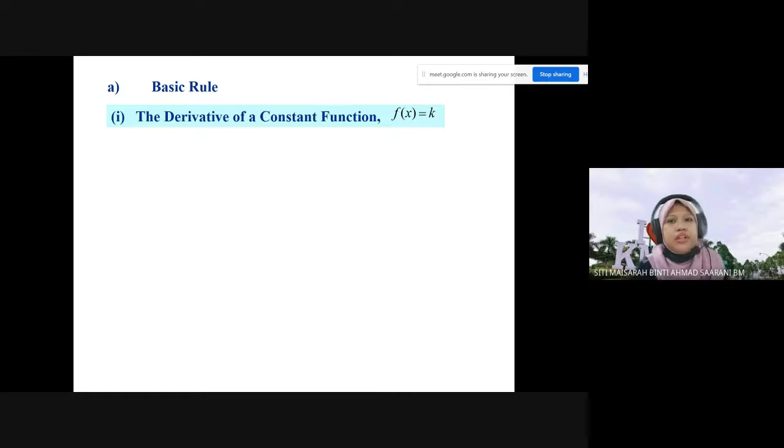Let's say k is a constant, for example f(x) equals 3. Then f'(x) equals 0. So remember, if it is a constant, when we differentiate it, it becomes 0. For example,